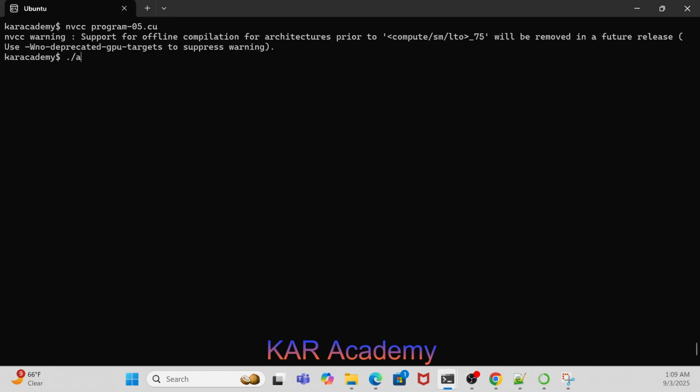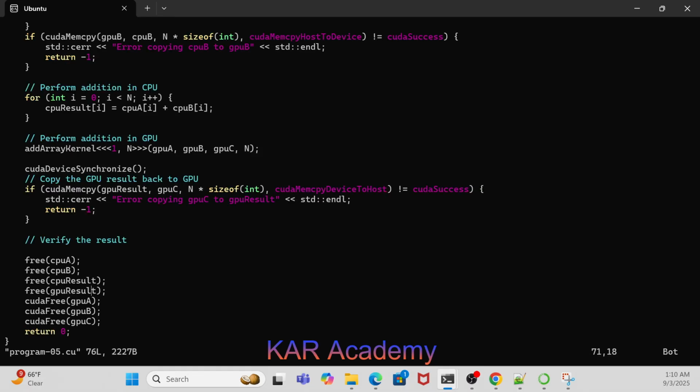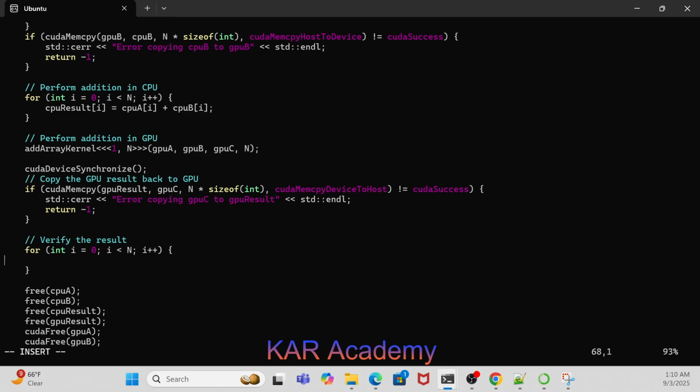Okay, no more errors. What we haven't done so far is verify the results. We just performed addition in CPU and GPU, but we have not verified them. Now what we will be doing is checking if all the elements in the CPU and GPU memory are the same. If CPU result not equal to GPU result,